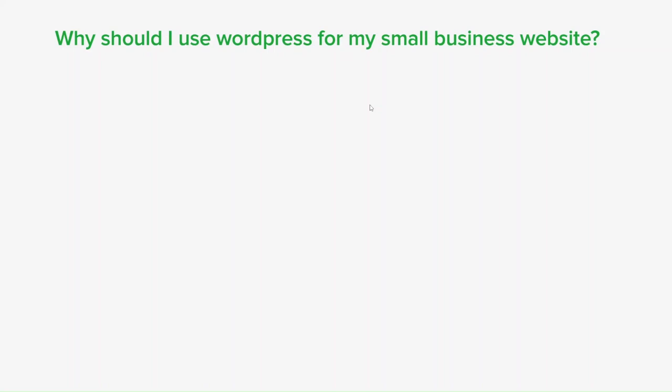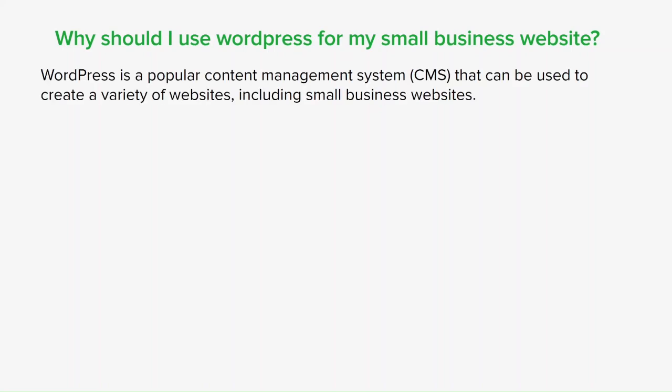So why should you use WordPress for your small business website? There are lots of reasons. WordPress is a very popular CMS that can be used to create a variety of websites, including small business websites. WordPress is very easy to use and it's quite affordable as well, because you're not really paying for WordPress. It's open source, but you're only really paying for some hosting and domain fees, which we'll go over later in the video. Some additional benefits of using WordPress specifically